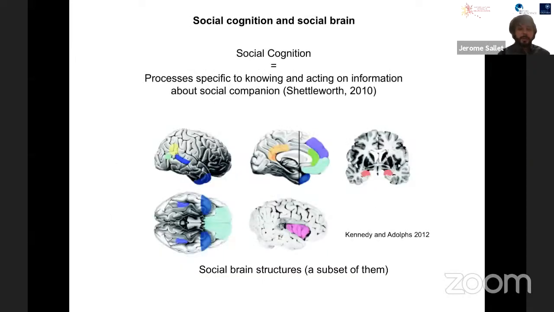Among all these social processes that have been investigated, maybe one of them has attracted a lot of attention over the last 40 years. This one is mentalizing, the theory of mind ability, so our ability to represent others' thoughts and believe others' cognitive states. Here, the Sally and Anne task, which is a classic task that has been used to investigate such